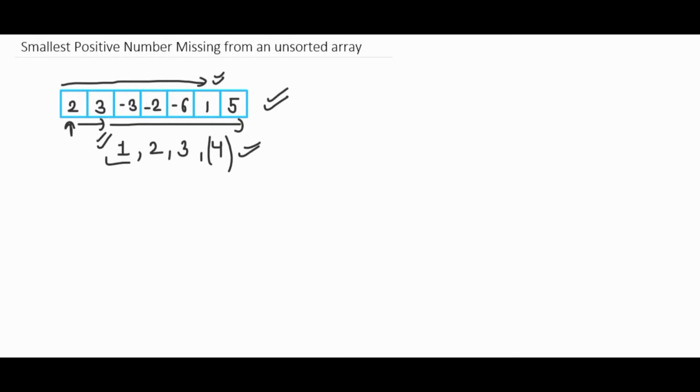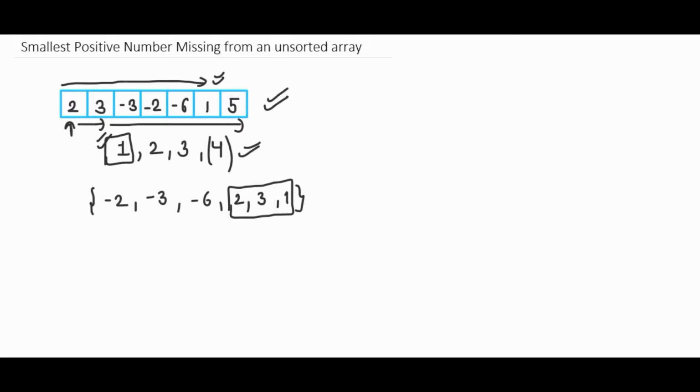But for every element, to find whether it is present in this array or not, we have to traverse the whole array. That means here we have 2 in the starting, 3 at the second index and 1 at the second last index. But there may be a case like this, where we have minus 2, minus 3, minus 6, then 2, 3 and 1. That means we have 1, 2, 3 at the end of the array. So we have to travel the whole array to find out if these elements are present or not. So for every element we can see we have to traverse the whole array in the worst case.